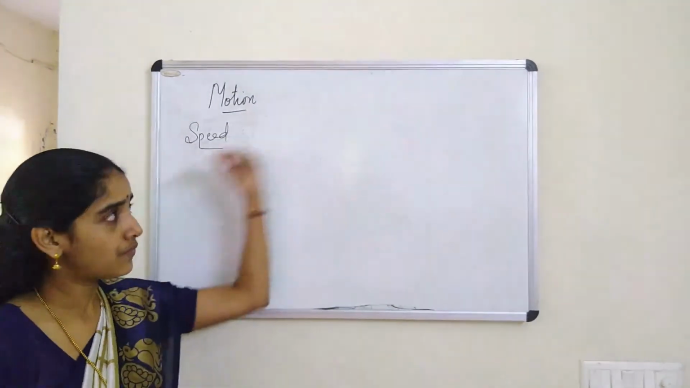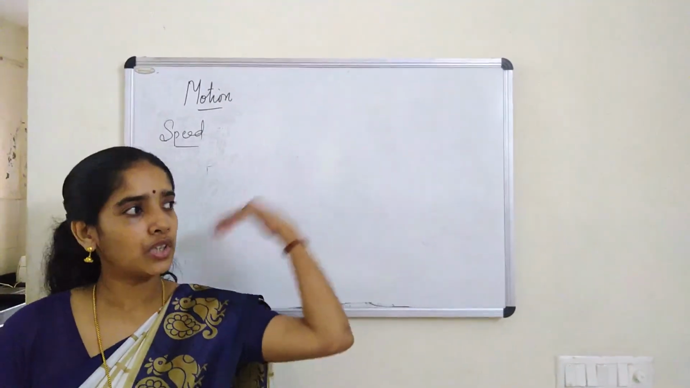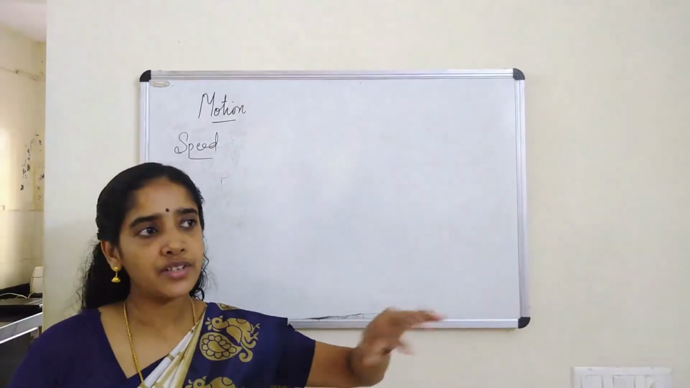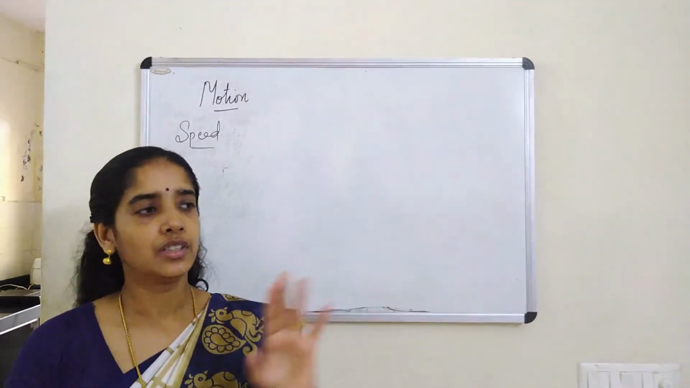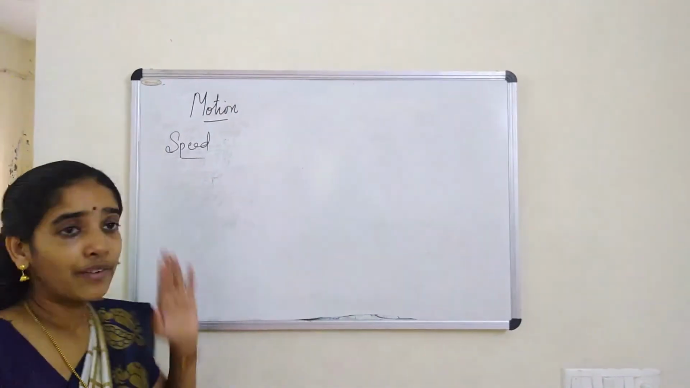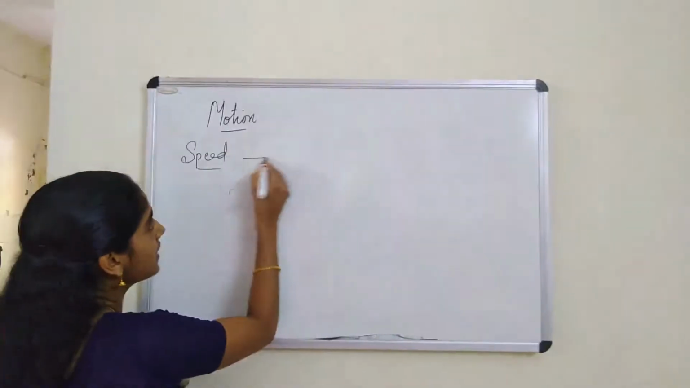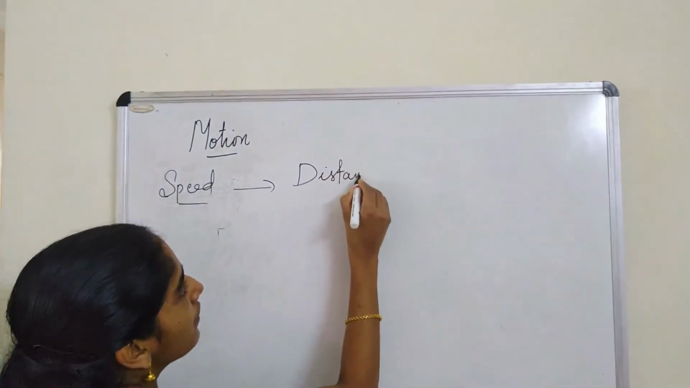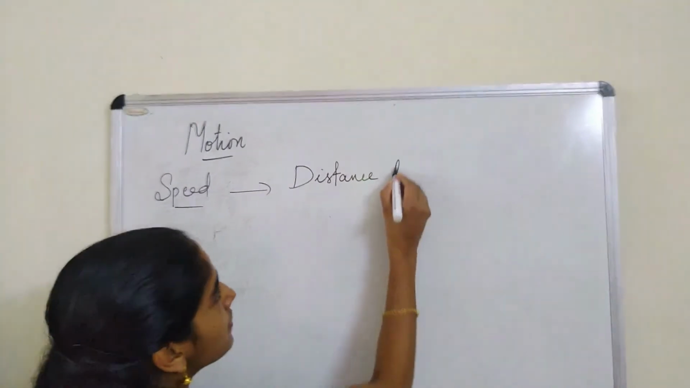If the object moves fast, then that object can cover a long distance in a short time. And if the object goes slow, then it takes more time to cover a particular distance. So speed is defined like this: it is the distance travelled by an object in unit time. So what is the definition of speed? Distance travelled